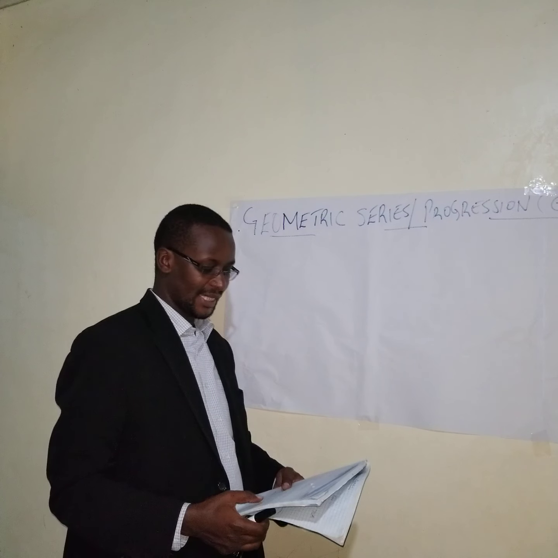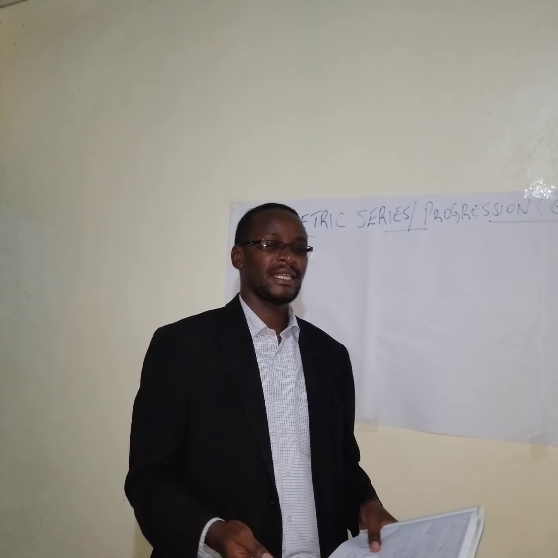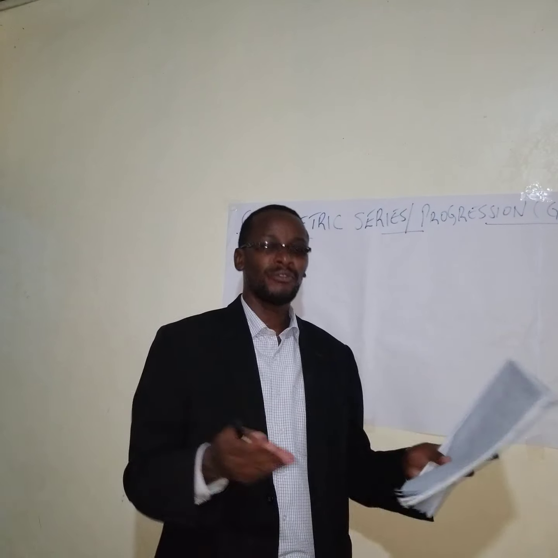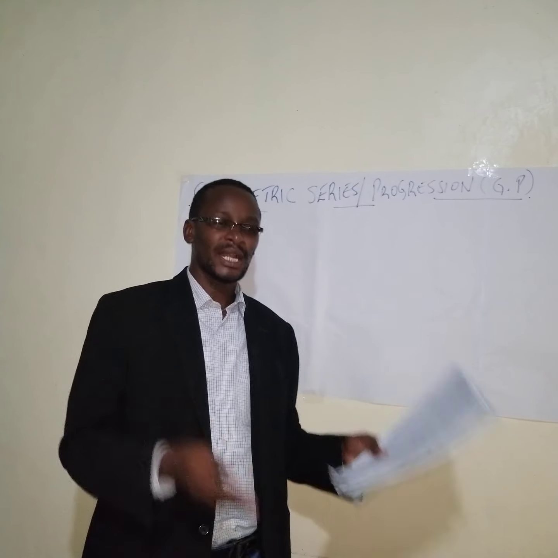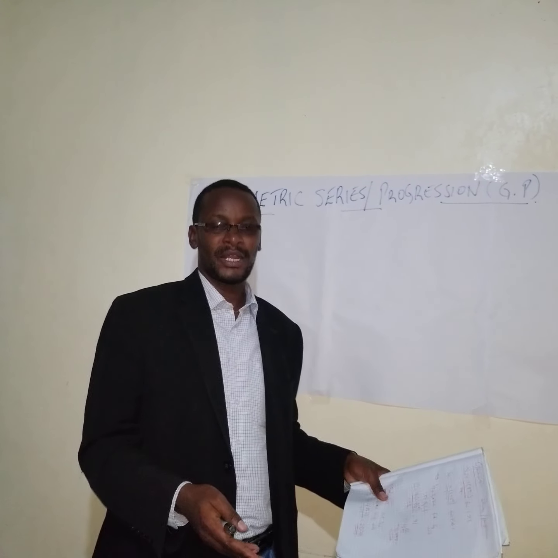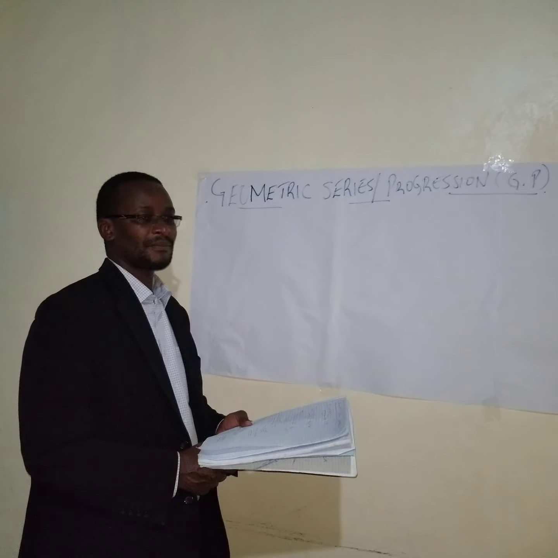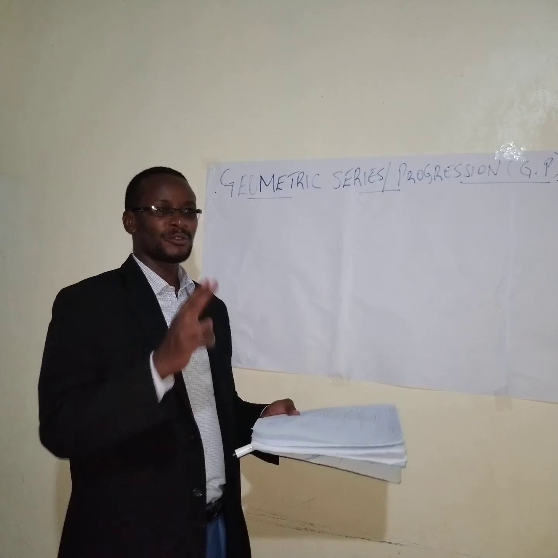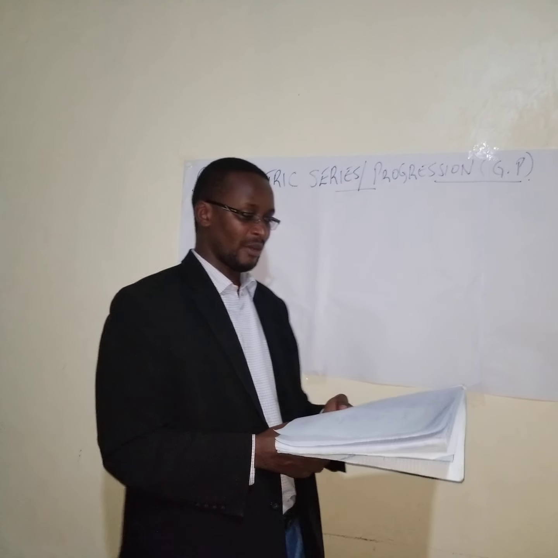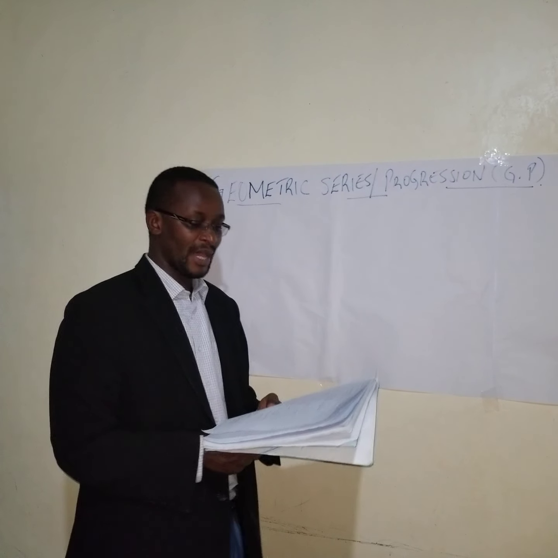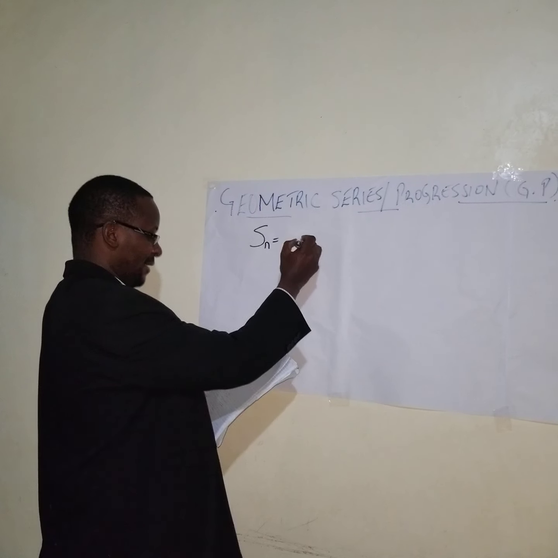Just as in the previous case of arithmetic progression, the most important thing here is knowing the general formula. I may not take you through how to derive the general formula, but we are going to look at the general formula, the finished product, and how to apply it in our case. So for geometric progression, unlike arithmetic progression, we have two formulas, but they are very closely related. It depends on the common ratio, because you remember in a geometric progression, we have common ratio and not common difference. So the sum of n terms is given by a